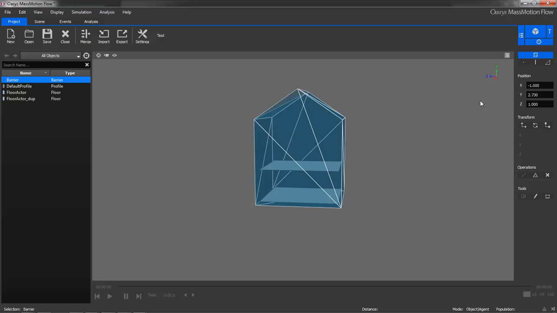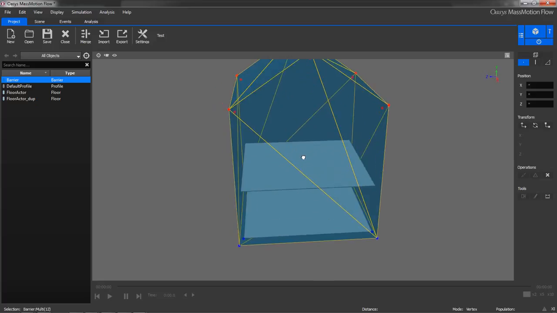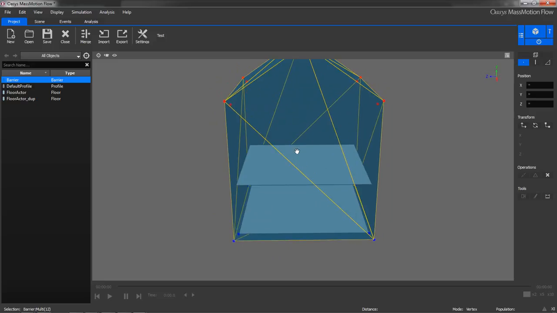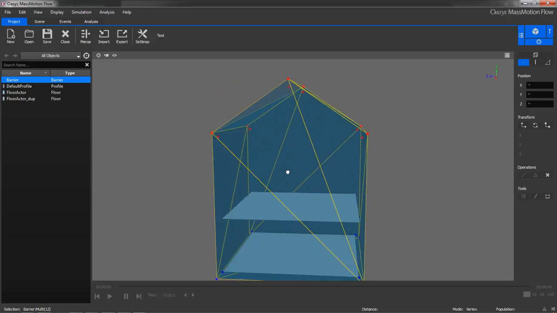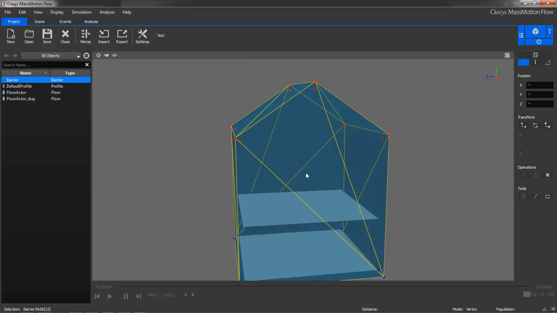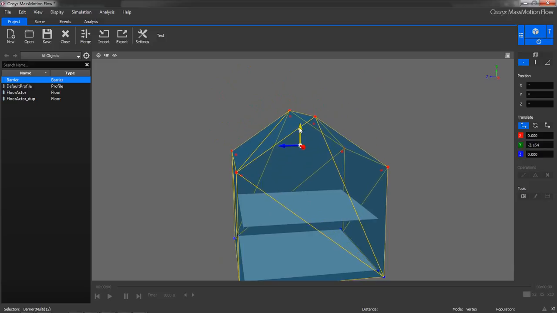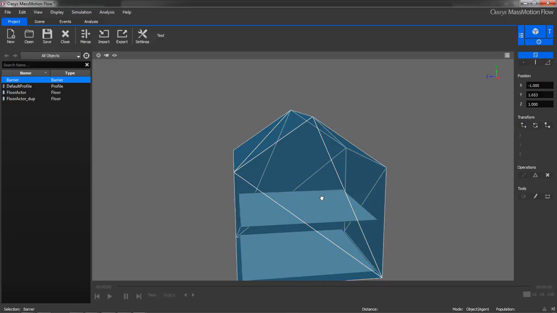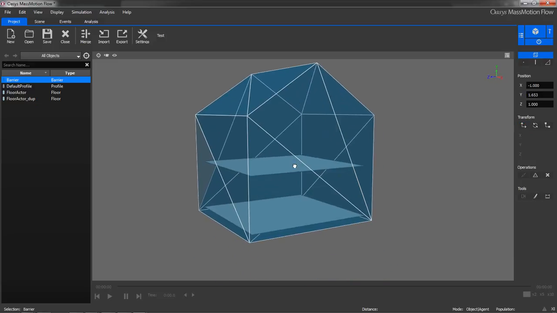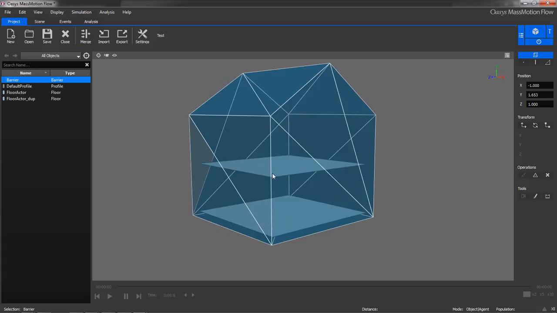overall house outline here, and I'm going to go to vertex select mode. And if you look carefully, you can see that I've selected not just the external vertices, but also the internal vertices of this object. And press V to enable my translate tool, and then I can just reduce the height of that building. So now we have our house outline, we have 2 floors,